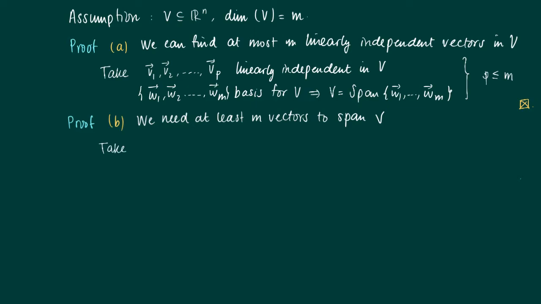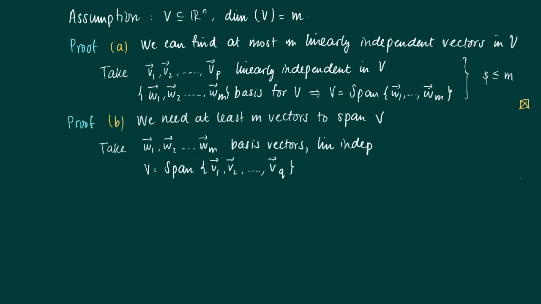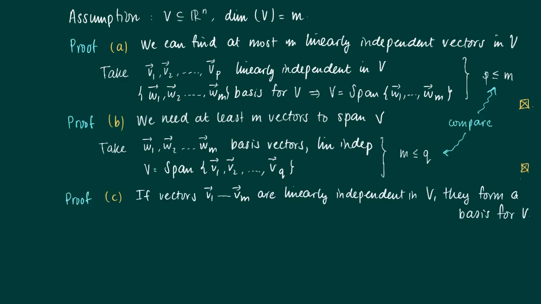Secondly, we need at least m vectors to span V. Well, again, take m basis vectors, linearly independent, and a span formed by q other elements. Then we know that m is smaller or equal than q. So which is actually a proof of C. So compare these two reasonings. We need at least as many